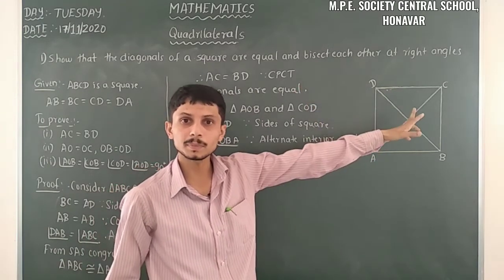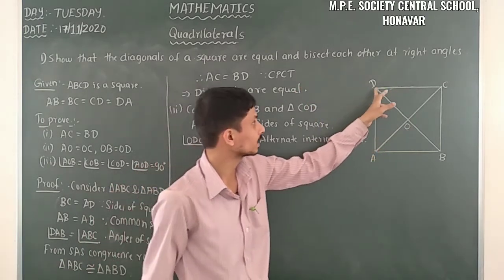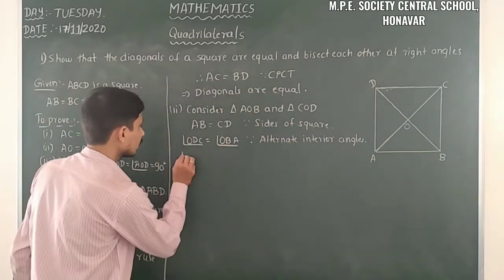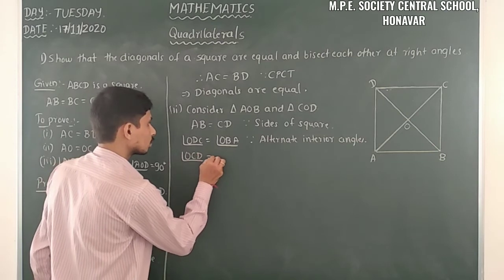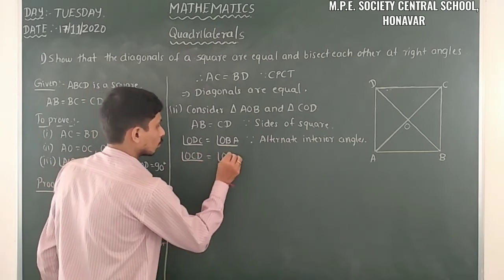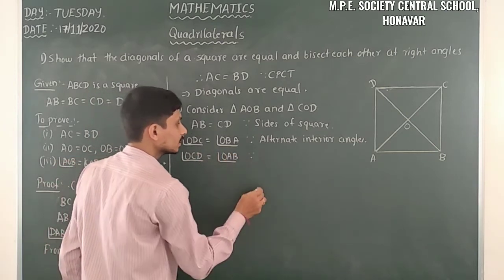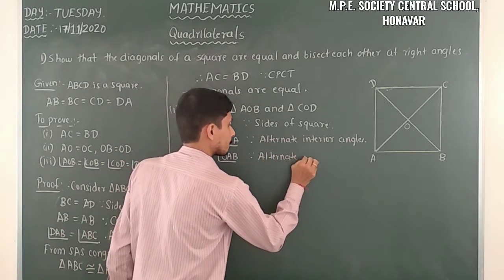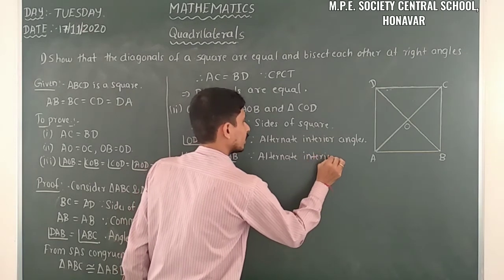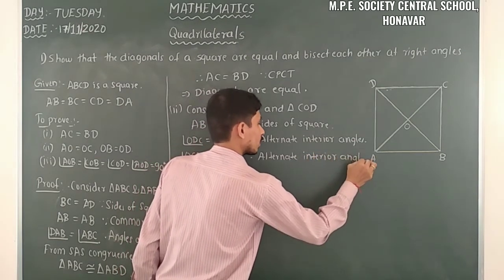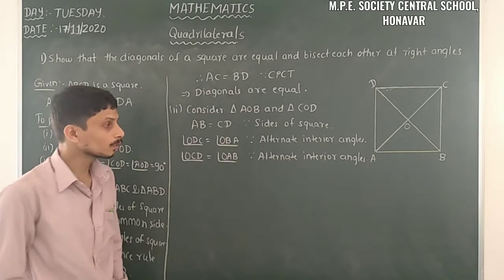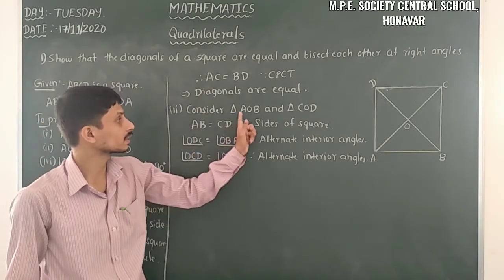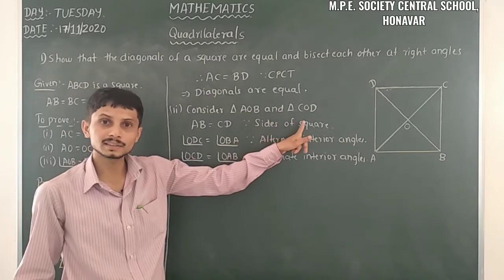I will take another pair of alternate interior angles: angle OCD is equal to angle OAB, because they are alternate interior angles. Therefore, from the ASA congruence rule,